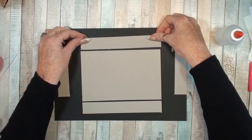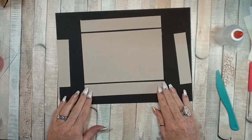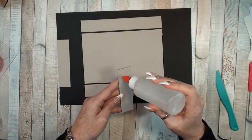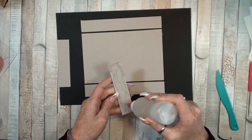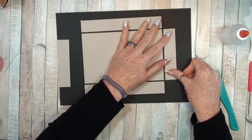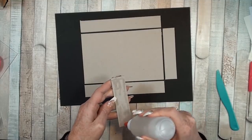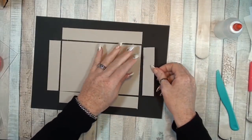Let's do exactly the same thing in this piece. And then the little pieces. And the last piece. I'm right-handed, so for me...